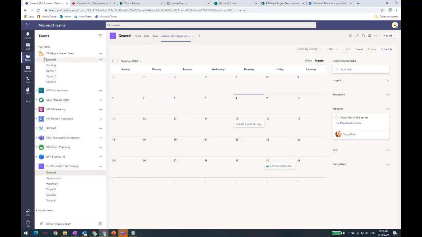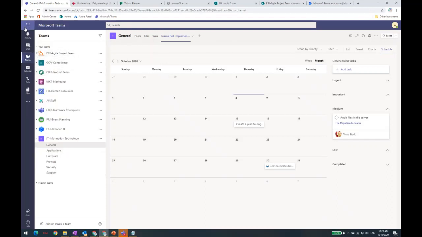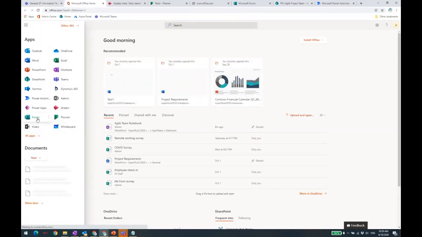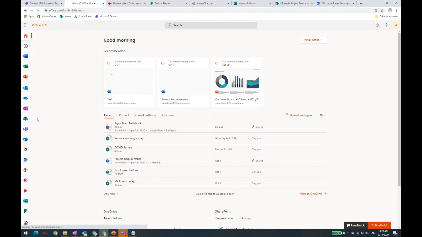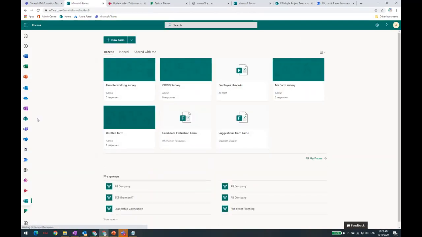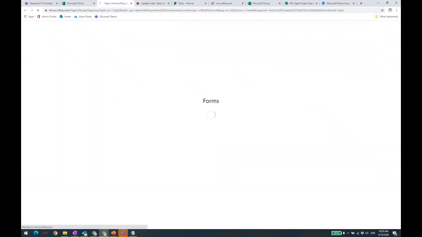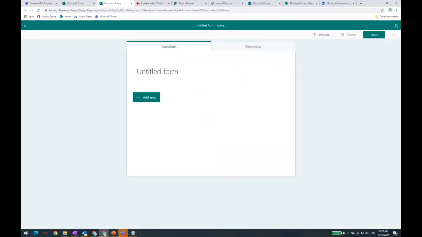Now, I'm just going to head to Microsoft Forms. So again, you can access Microsoft Forms by clicking on, if you don't see it there, see Microsoft Forms. With Microsoft Forms, you can create a survey for your organization. Anyone can do that. And if you click on a new form,